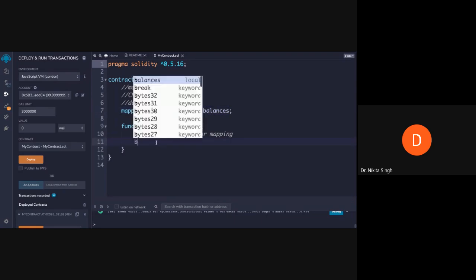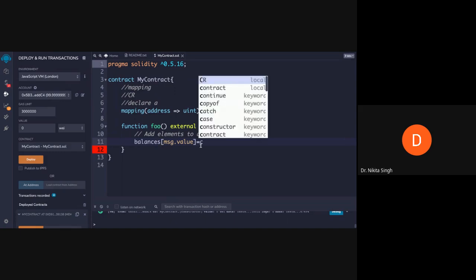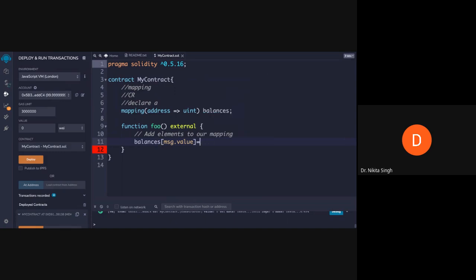The name of the mapping is balances, and I will say msg.value is equal to 100. So I am putting a value of 100 inside the address that we have.